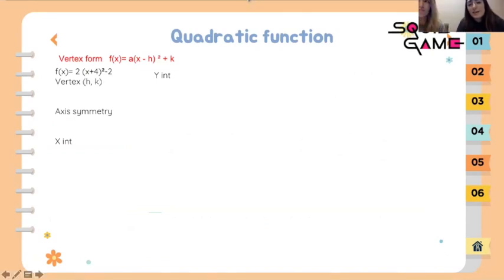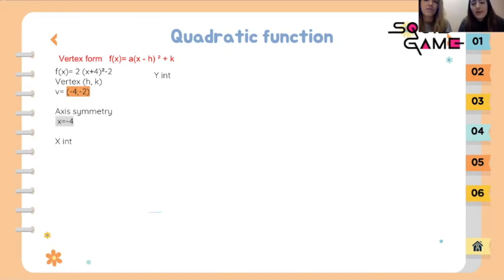The second challenge is a quadratic function. The vertex form is f(x) equals a multiplied by (x minus h) squared plus k. The vertex is (h, k). Remember, you should change the sign of the h and just put the value of k. So the vertex is (-4, -2). Then the axis of symmetry is the value of x, and the value of x is minus